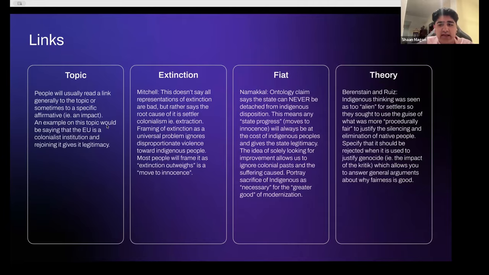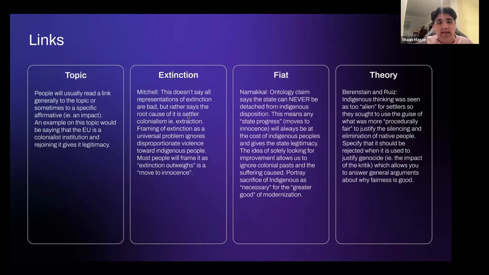People will just read something that says that the topic and the affirmative is settler colonialist. A couple examples: on the topic of whether the UK should rejoin the EU, people will read evidence that says that the EU is a colonialist institution, i.e., it's all these European states united, and the way that they treat states external to them, like states in the global south, Africa, etc., is they treat them as inferior and not as technologically progressed, which means that they're not allowed to be in the European Union, and there's an inferior relationship there. And then logically, rejoining that institution is bad and would give it legitimacy. So the affirmative is bad.